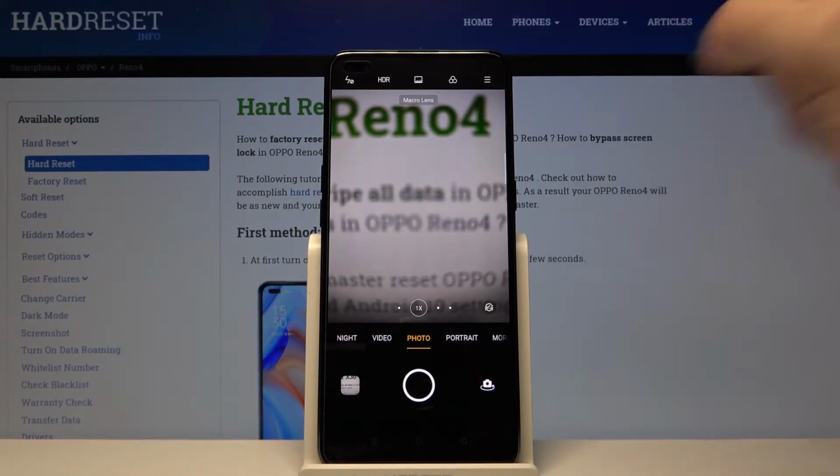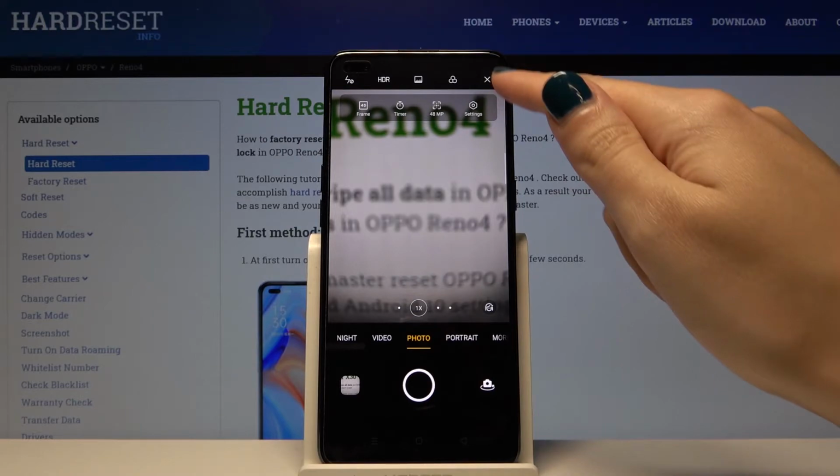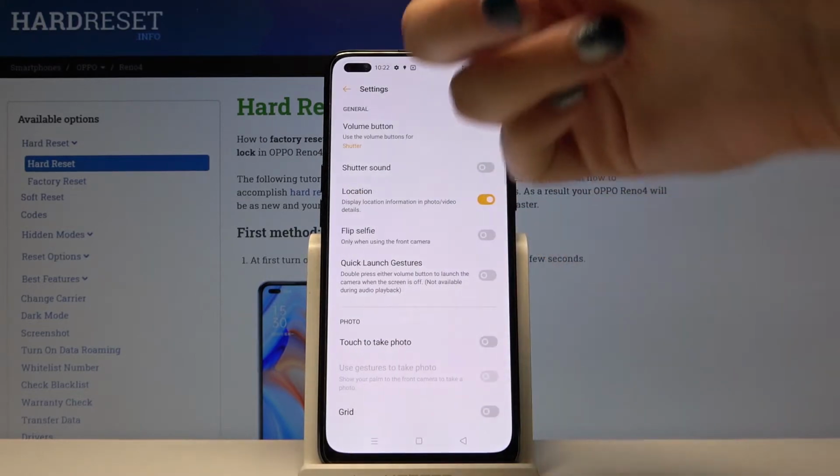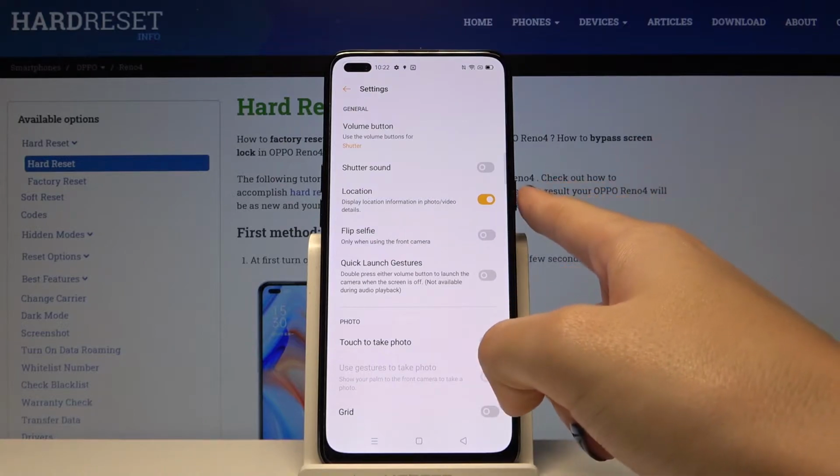From here let's go to the right corner. By tapping on this button we get access to 4 other buttons. Now let's focus on this one from the right. By tapping on this we can open the advanced camera settings, and as you can see here at the third